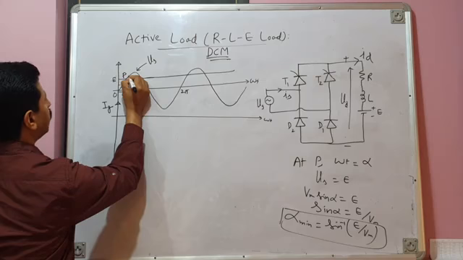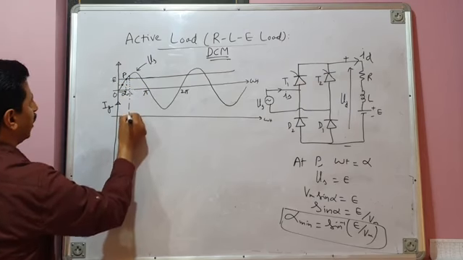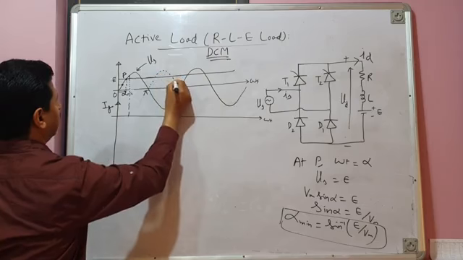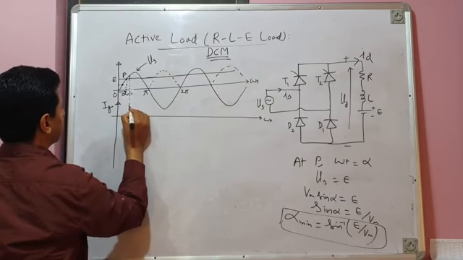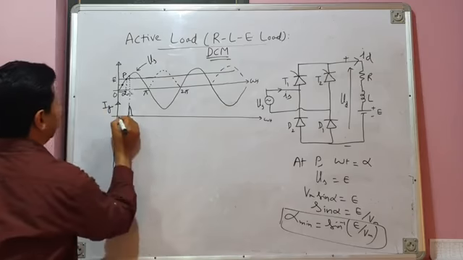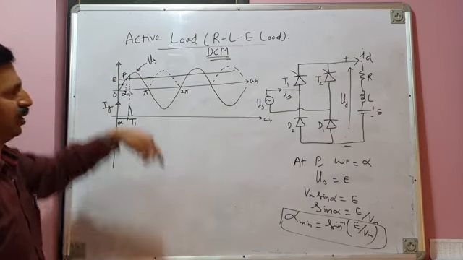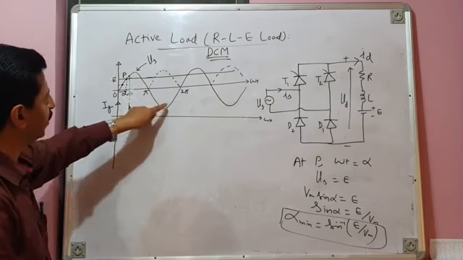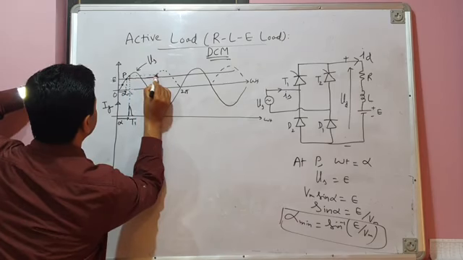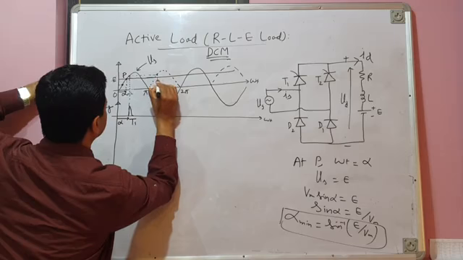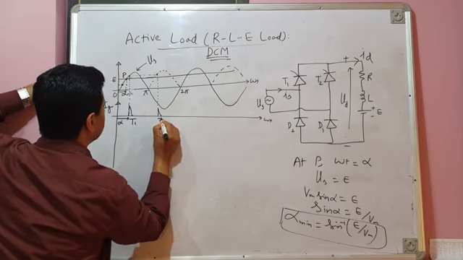So let us assume that we issue the firing pulse somewhere here, say at this instant, in the positive half cycle. So this is the issuance of the firing pulse. After a delay of alpha degrees, the firing pulse is issued to thyristor T1 because this is the positive half cycle of the source voltage. And then comes the negative half cycle of the source voltage. In the negative half cycle, the firing pulse has to be issued to thyristor T2 because T2 is fired during the negative half cycle. And this is the firing pulse to thyristor T2.